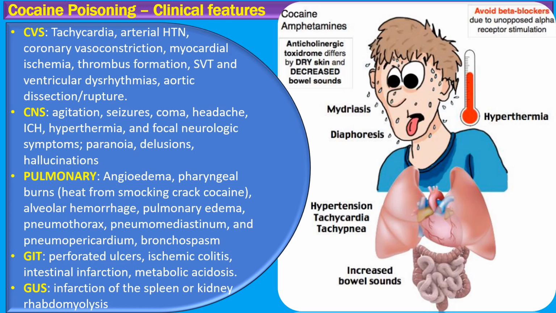Moving on to the gastrointestinal and renal effects, cocaine users often suffer from perforated ulcers at a disproportionate rate. The reasons could be an increased sympathetic tone that boosts gastric acid production or local ischemia in the gastrointestinal tract. Cocaine is also linked to ischemic colitis, intestinal infarction, and metabolic acidosis. In some cases, individuals with bowel obstruction symptoms may be involved in body packing, a dangerous practice.